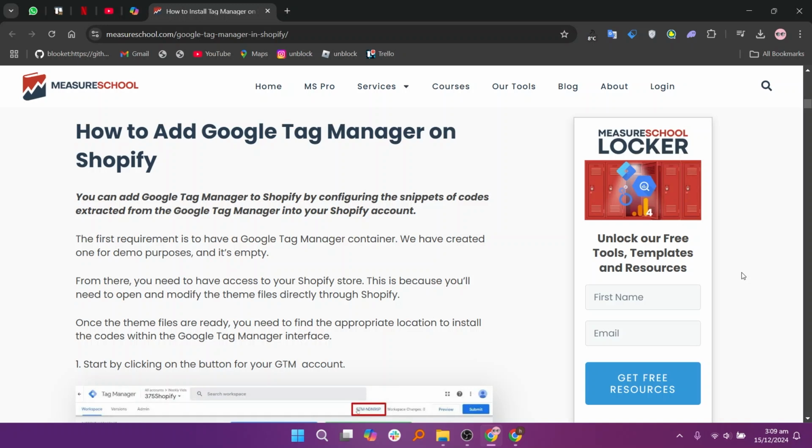The first requirement is to have a Google Tag Manager container. From there, you need to have access to your Shopify store. This is because you'll need to open and modify the theme files directly through Shopify. Once the theme files are ready, you need to find the appropriate location to install the codes within the Google